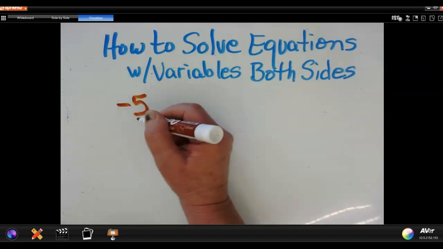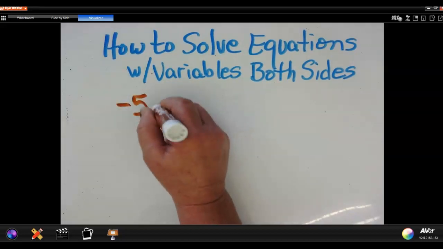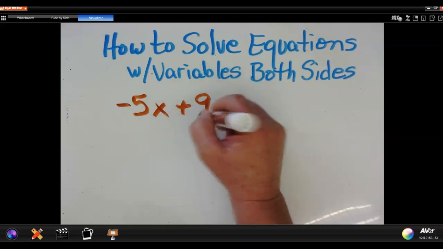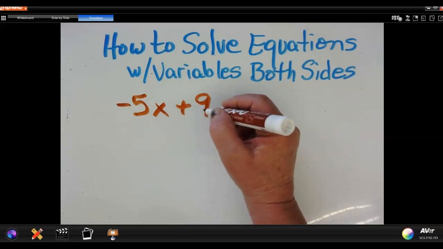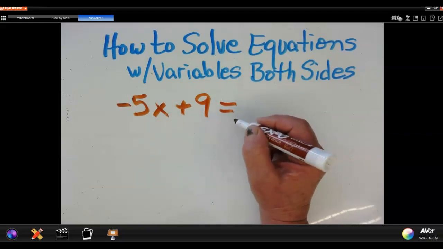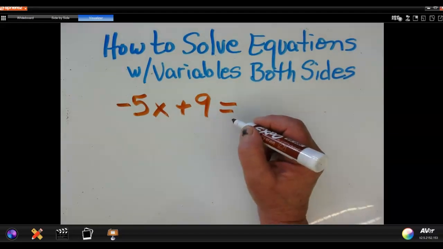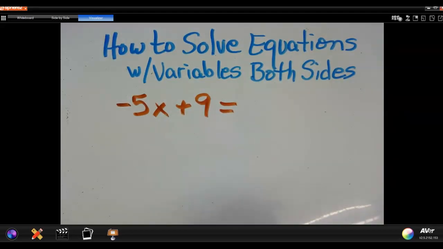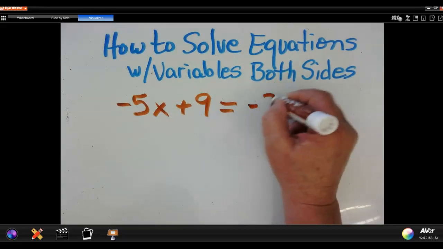While I write this problem, I just want to let you guys know that prior to today, any equations we have solved have only had variables on one side of the equation. We may have had other terms and other things we needed to simplify, but all of the variables were on the same side. Well, here you also have